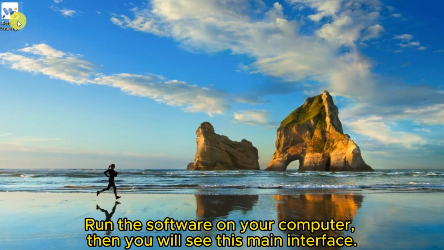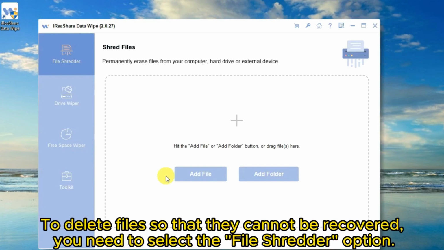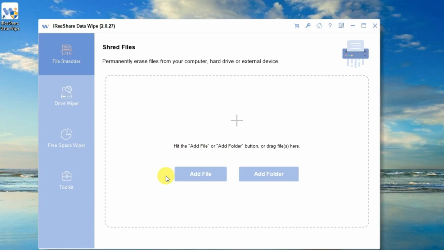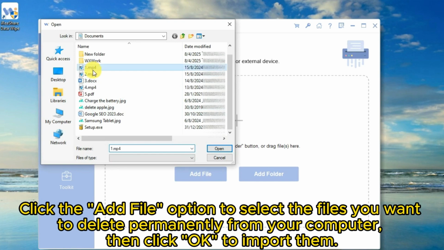Run the software on your computer, then you will see this main interface. To delete files so that they cannot be recovered, you need to select the File Shredder option. Click the Add File option to select the files you want to delete permanently from your computer, then click OK